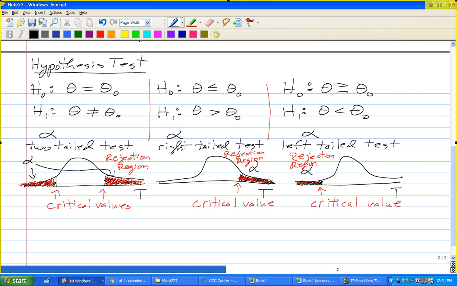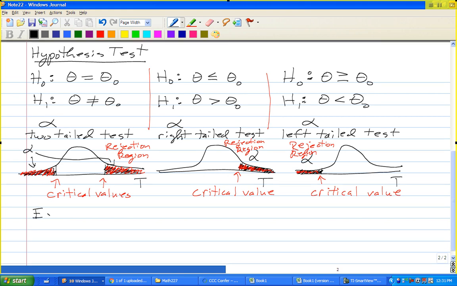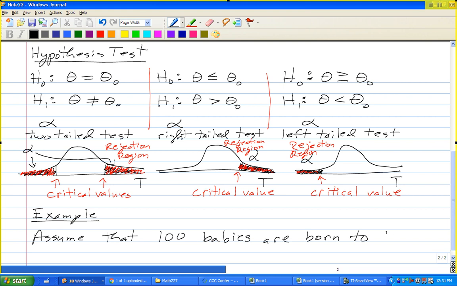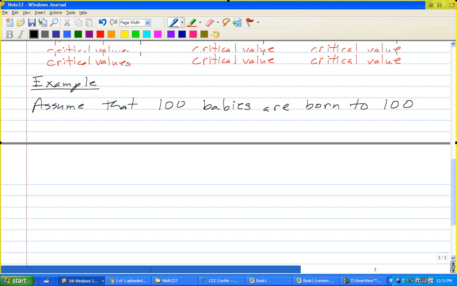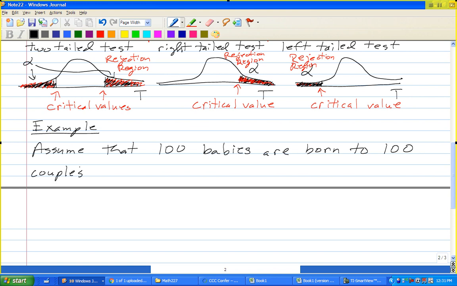Example. Assume that 100 babies are born to 100 couples treated with the X-sort method of gender selection,